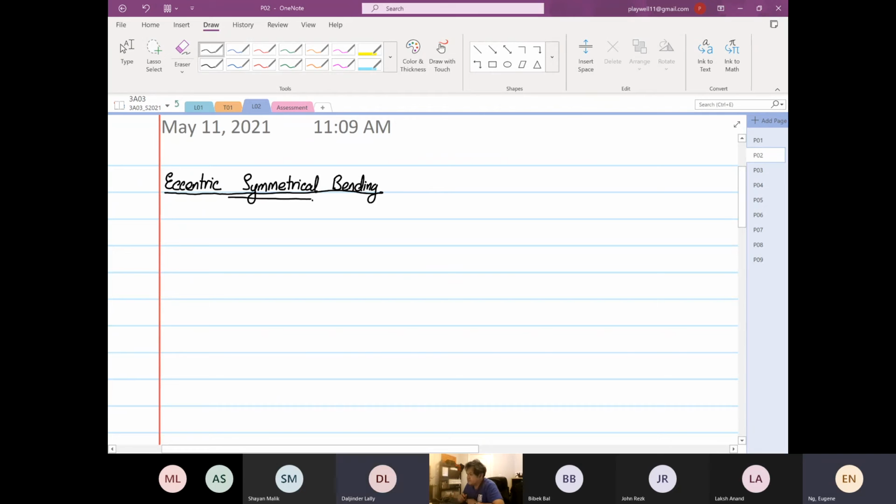If stress x alpha equals stress x beta. Yep, you're absolutely right. So the left hand side and the right hand side stresses about the vertical axis are the same. It's symmetrical bending. Another way to look at it is in symmetrical bending,